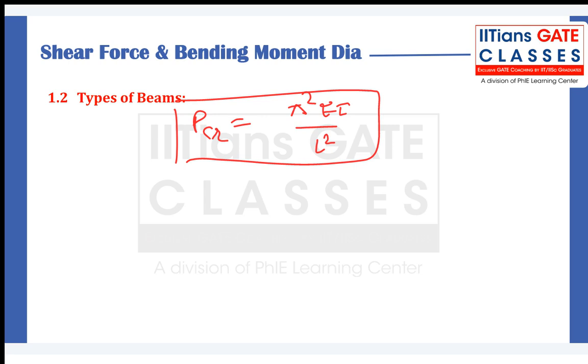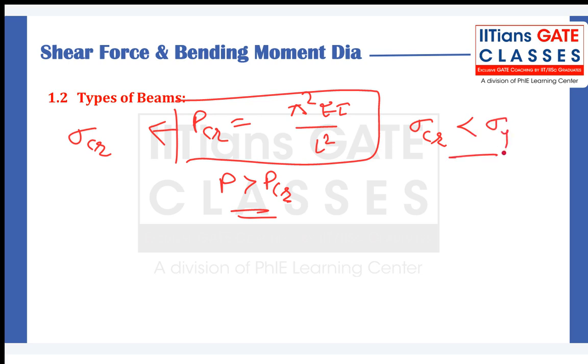Clear now, everyone? If your applied load is greater than P critical, what is going to happen, guys? Even if your strength may be higher. So P critical gives us sigma critical, and this sigma critical can be lesser than sigma yield. But it's still